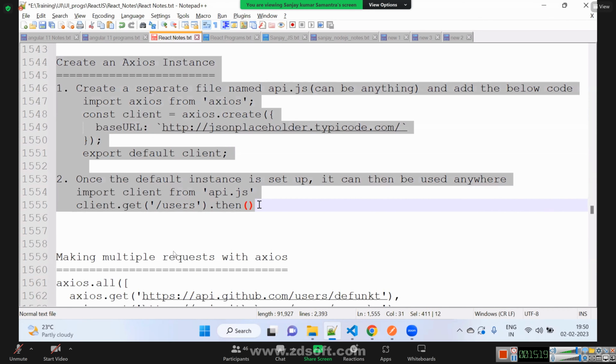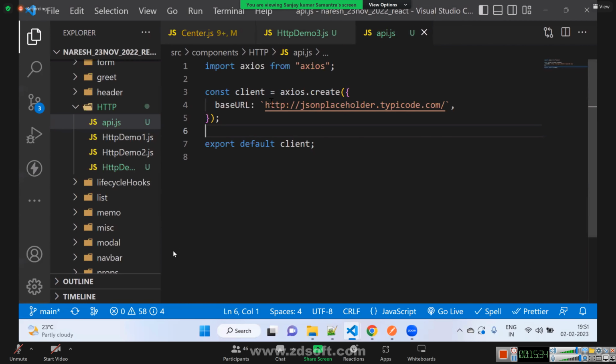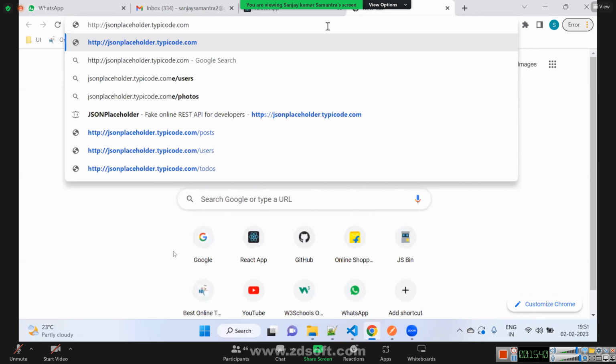So this part is clear. Sir, what is slash users? Slash users means after this URL, this URL is not enough to fetch the data. This is not the final URL.